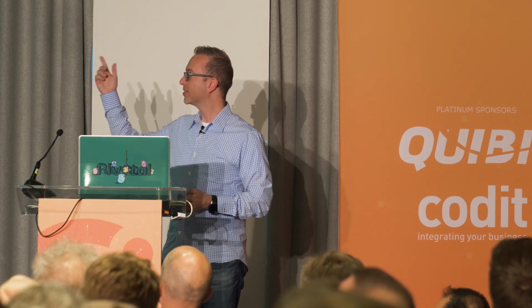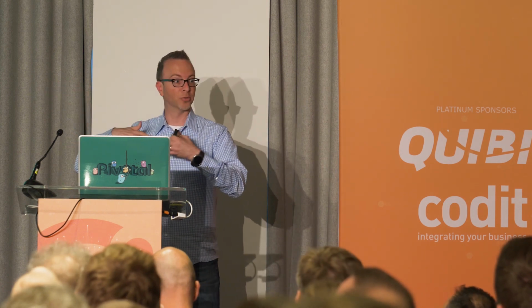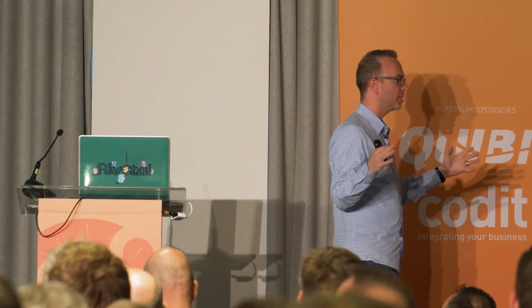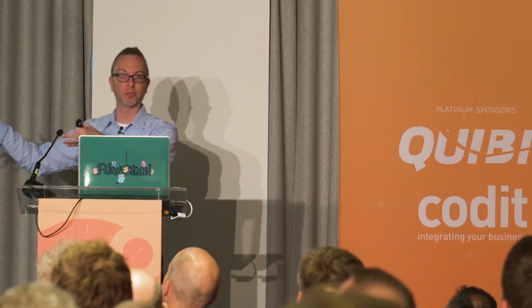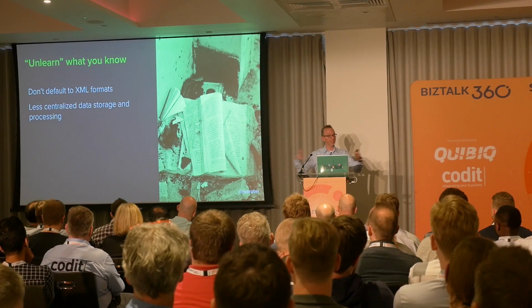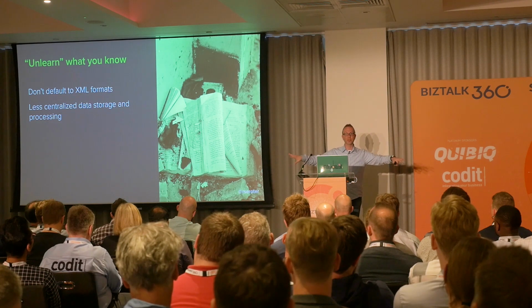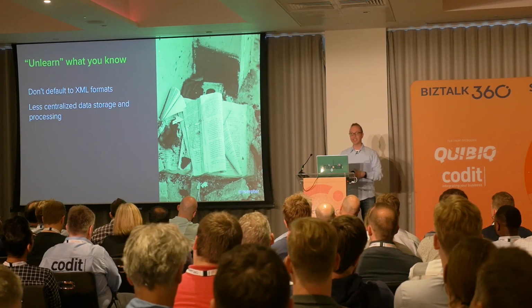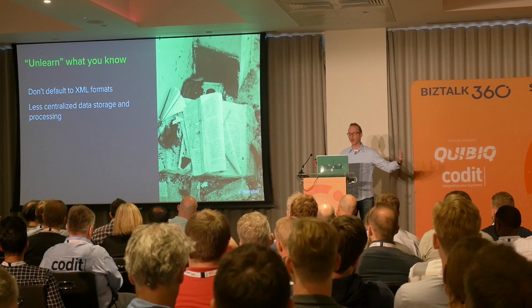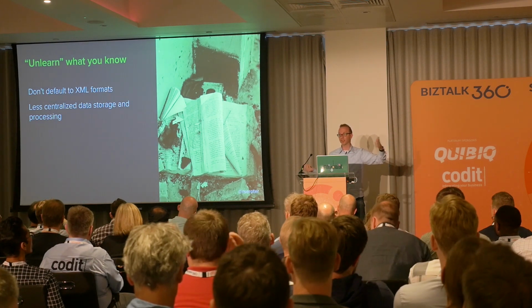How do we get away from the centralized storage model? Like, hey, everything's got to be in the same place, this is where I'm dropping data, all the data has to be consolidated. You're not going to have that, not when every microservice needs a database. If that's the tagline for microservices, your universe is not going to be one data repository. Now you have to think about data integration differently because it's all split all over the place. So we have to unlearn this idea that there's a single source of truth for all data. There might be sources of truth for different domains, and that's it.